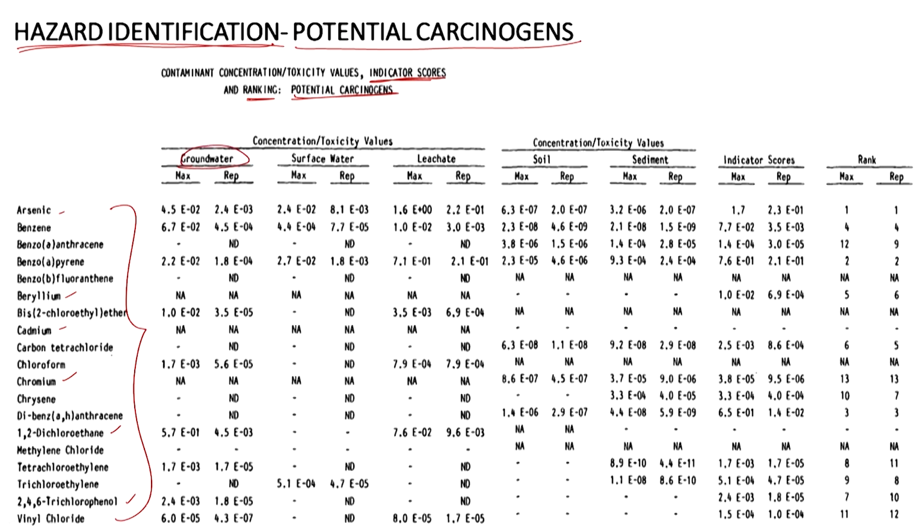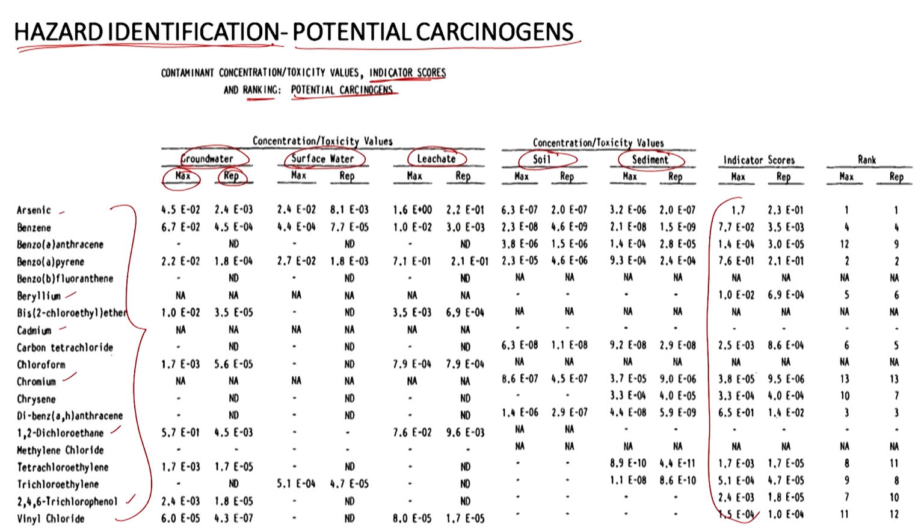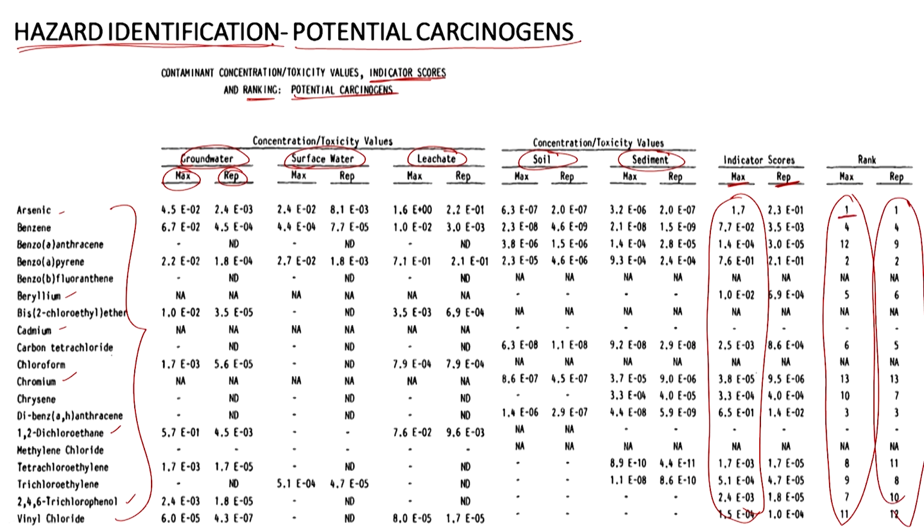And then what do we see here? We see the different pathways, usually groundwater, surface water, and in the leachate they analyze the concentration, they looked at the maximum and average values for the different pathways, right? And again similarly for soil and sediments, I guess. And then based upon a ranking matrix, or their own weightage that they gave to different compounds, and again we are not going to go into that in great detail at this stage, they came up with indicator scores for these compounds, right? For both the maximum or the worst case scenario and the average case, and then they ranked the compounds, one being of the greatest concern, I guess.